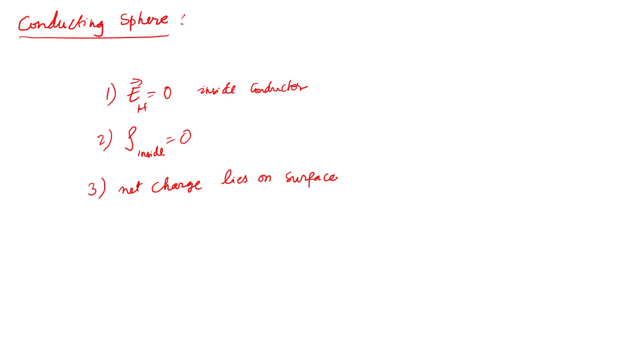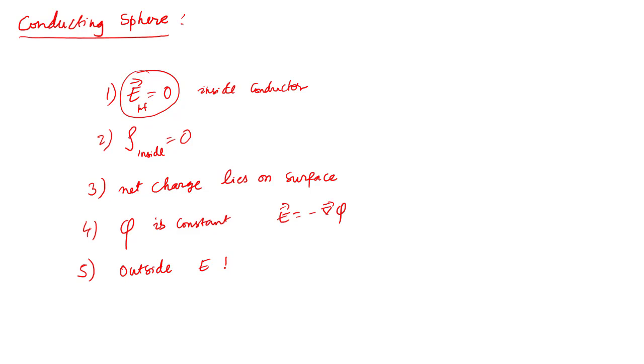And because E is equal to 0 inside the conductor, that means phi is constant, the potential is constant, because E is negative grad phi. So that means the potential is constant throughout the conductor. If the potential were not constant, then you would have an electric field, but we know that we don't have an electric field. And just outside the conductor,